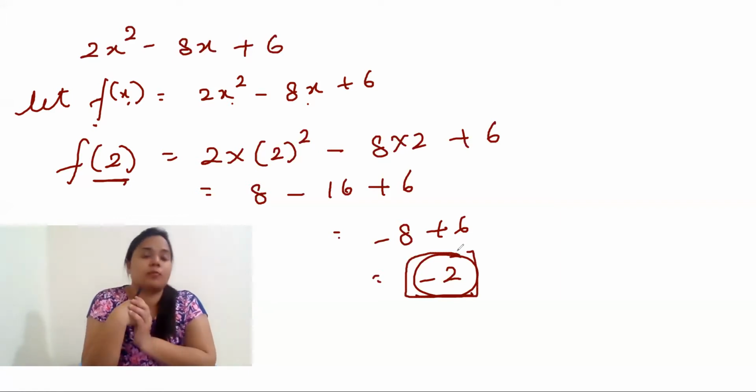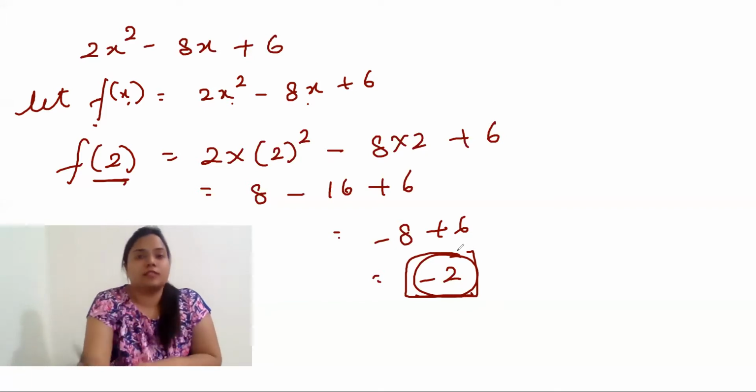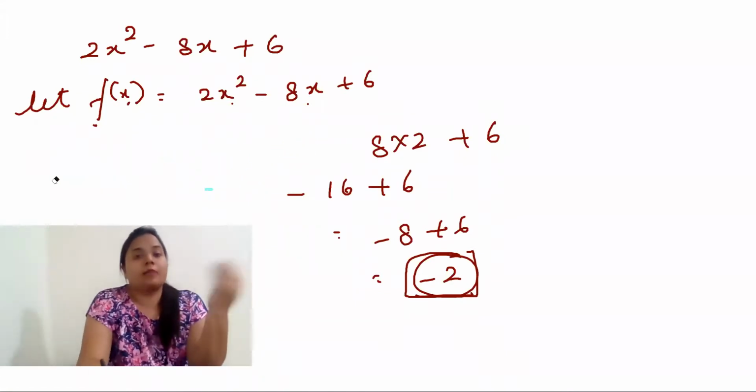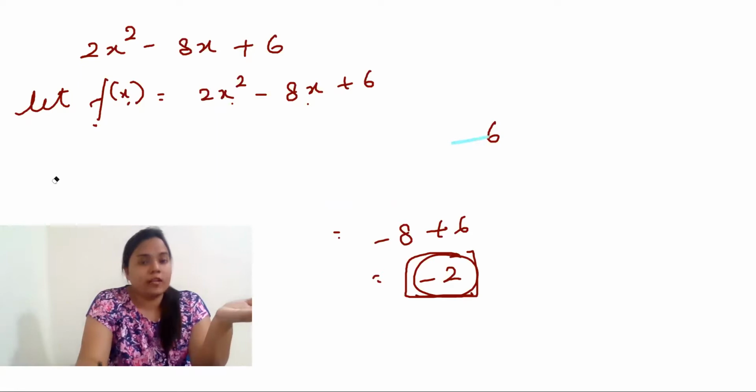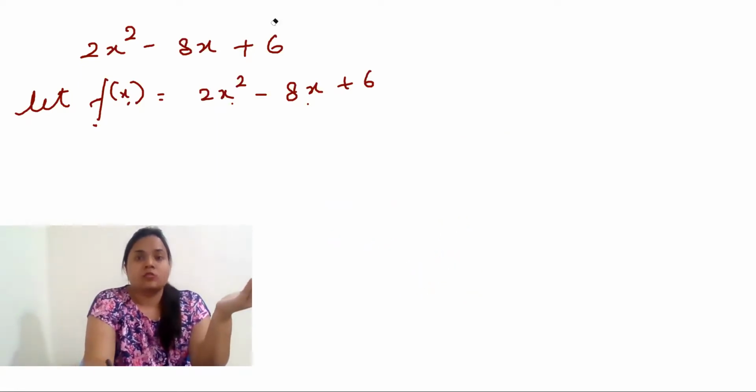That means the zero of the polynomial. But we are not getting it in the case of 2, so we have to find the zeros. And we cannot find the zeros using the hit and trial method. How long will you do it? It can be 1, it can be minus 1, 2, minus 2. If you are doing hit and trial, it will be a very lengthy process. So there is a method.